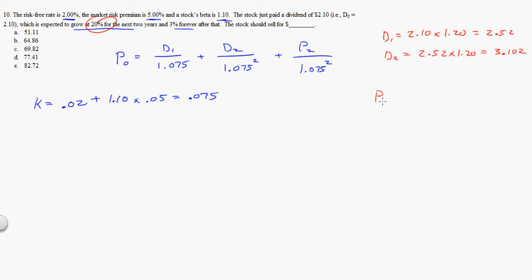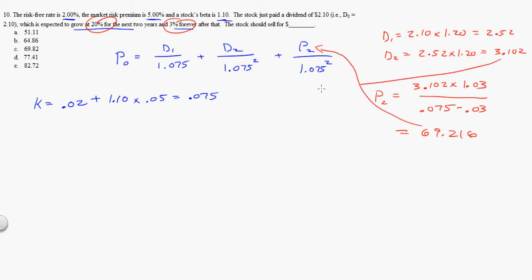And P2 is equal to D3, which is 3.024 times 1 plus a new growth rate of 3%, over K, 0.075 minus G, that's equal to 69.216. So put this in for P2, put this in for D2, this in for D1, crunch through the math, and you should come up with